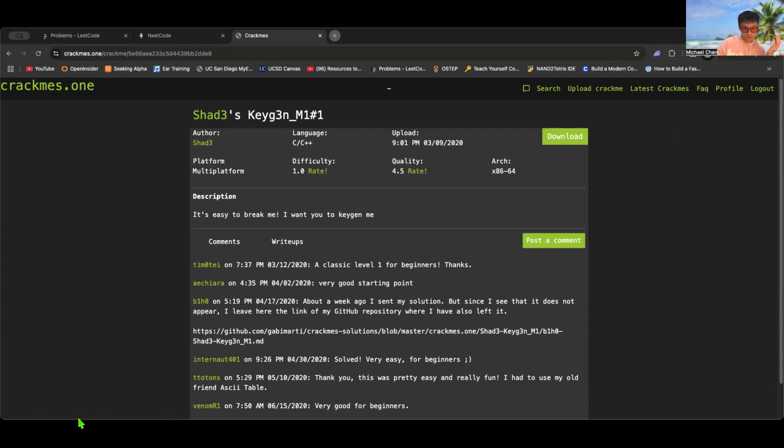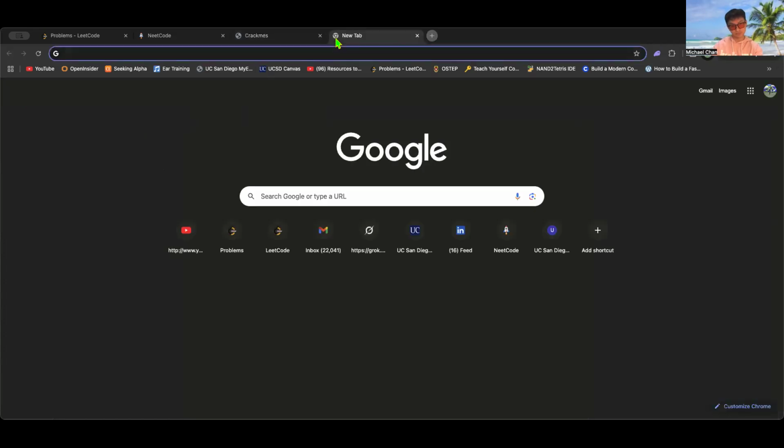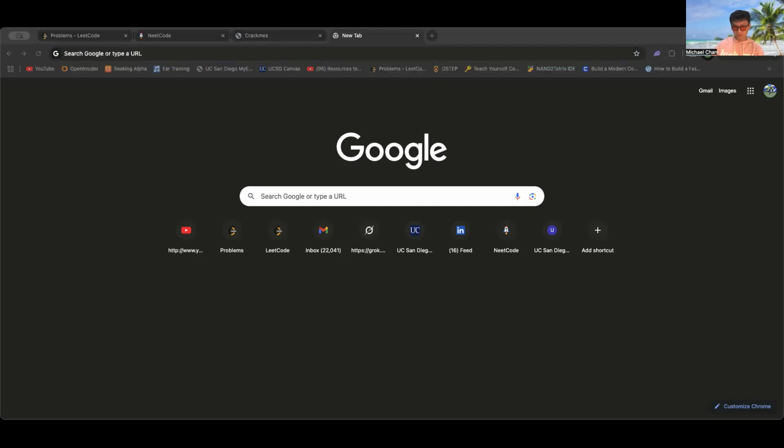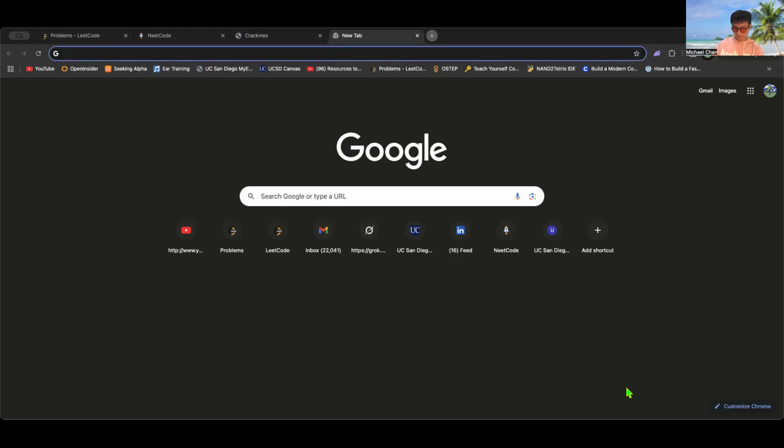What I'm expecting myself to do would be to open it with some sort of disassembler and then look at the assembly code, right? That's the whole point of me getting into this. It's because I want to practice my assembly. But to go into assembly, what I will need to do is actually not that simple, right? What I would need to do is I will first need to,